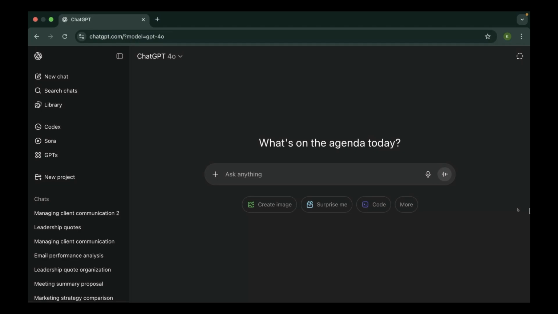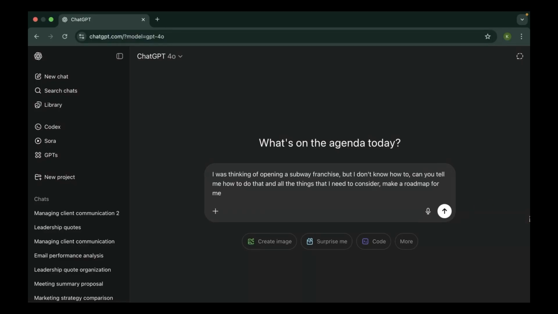And I'm going to take a very basic example to show you that. But you can ask really nuanced questions as well. So let me just plug in a prompt and let's see if you can actually make something like that and use ChatGPT to convert your ideas into reality. So here I'm going to plug in my prompt. All right. So here we are. I have basically given it a very generic kind of prompt, but obviously change it according to yourself.